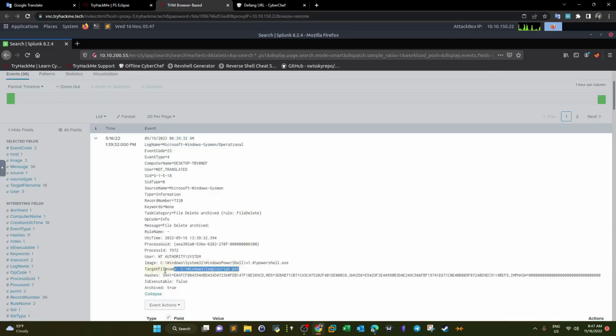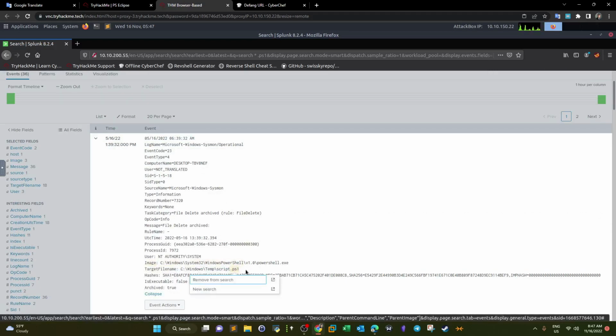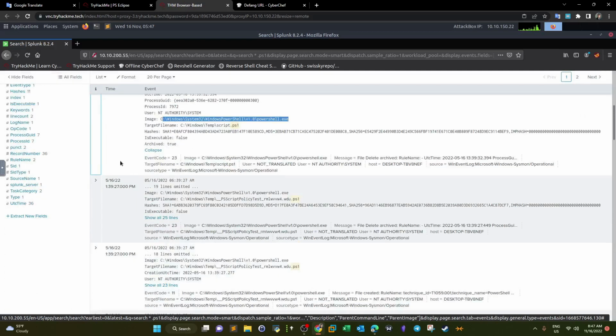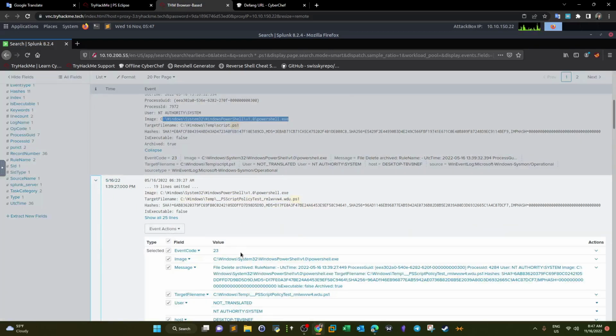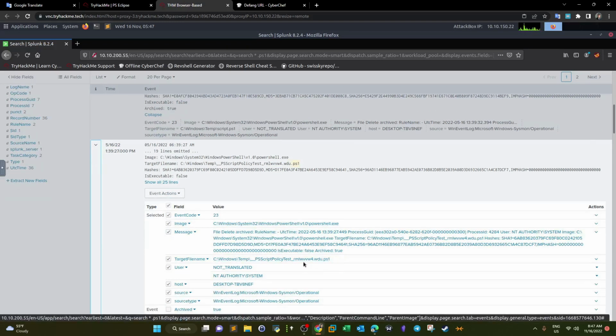So target file name, image. As you can see, this PowerShell script has been downloaded through PowerShell, which actually narrows down the suspicions. If we investigate other files, maybe this script here, let's take a look. Again by PowerShell, target file name,